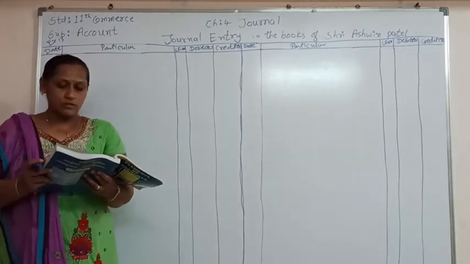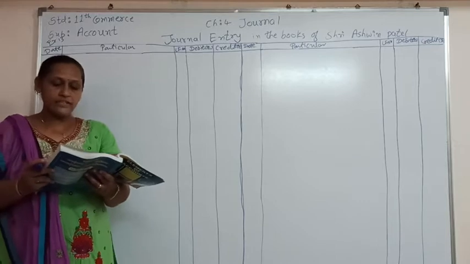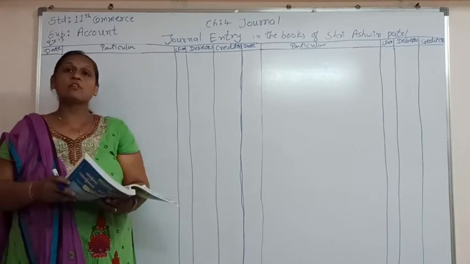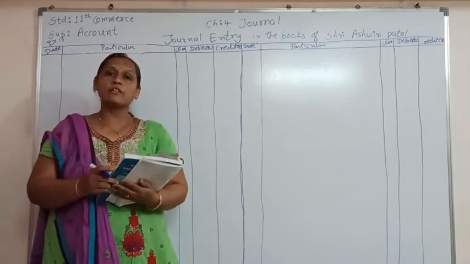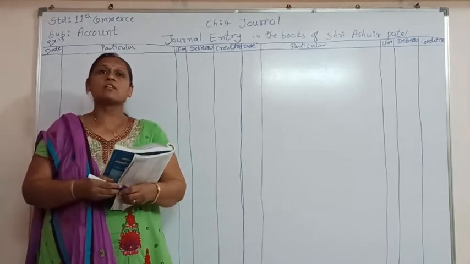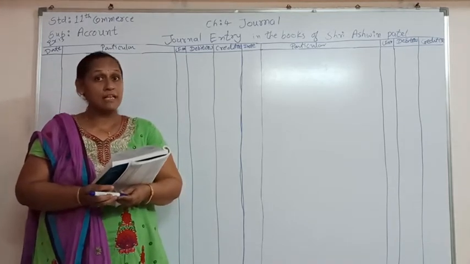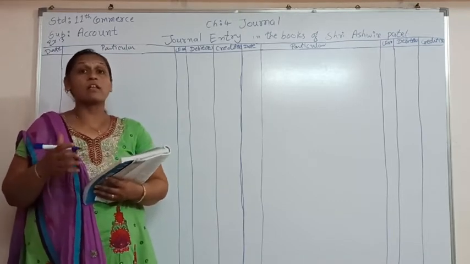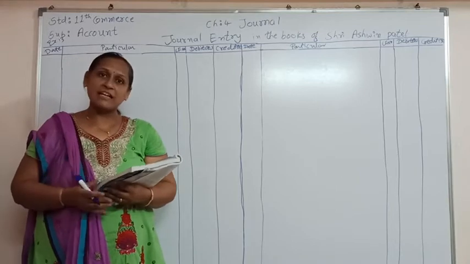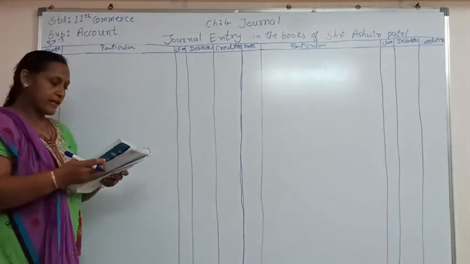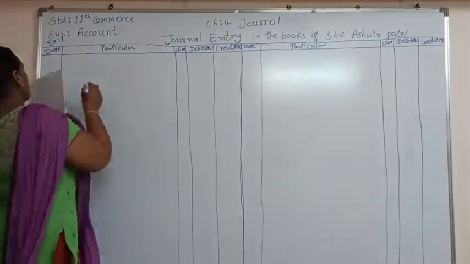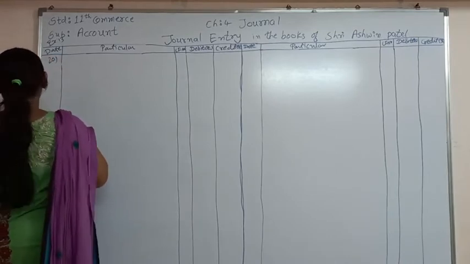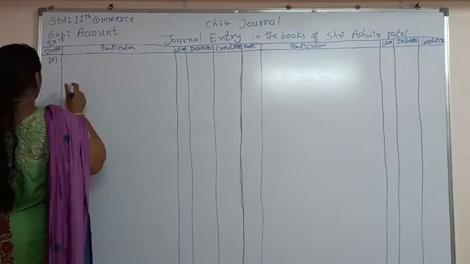Goods of rupees 12,000 sold to Dinesh Bhai of Delhi and payment received by check. So here we have sold the goods and for that we have received the check. So bank account debit to sales, to, here we have sold the goods outside Gujarat, so it will be output IGST. So that journal entry is supposed to be passed on date 20. Here we have received the money through bank.